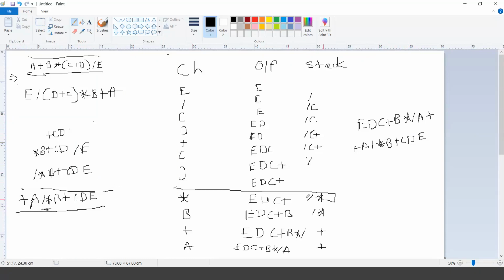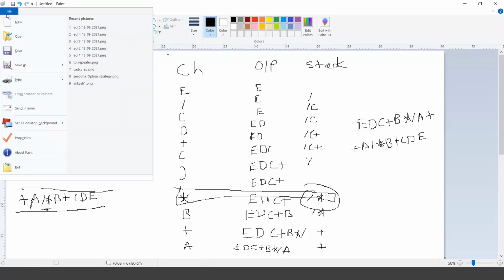So we will keep it in mind that when we are reversing, let's not remove the equal level precedence, at least in the case of multiplication and division. So one corner case: is it clear how to convert an infix into prefix? Okay, great. So there is one corner case.